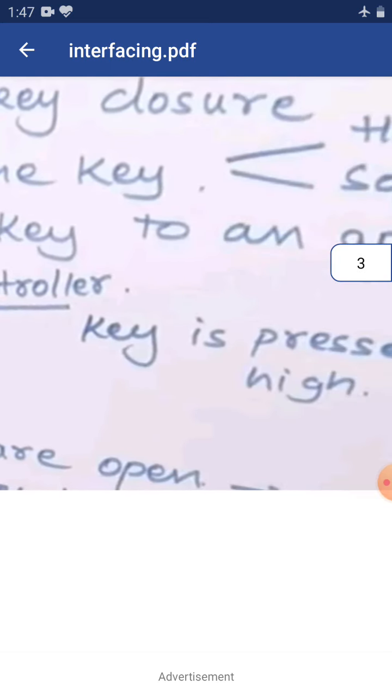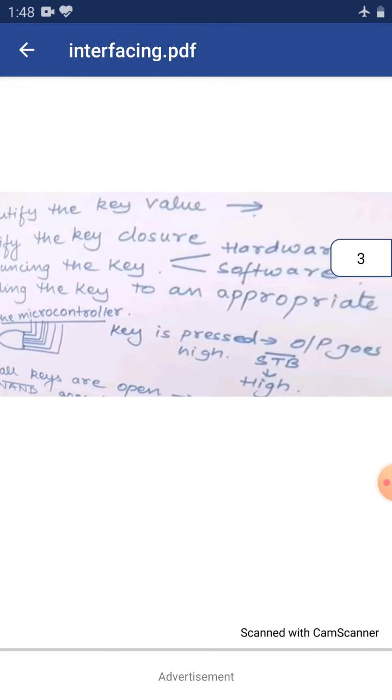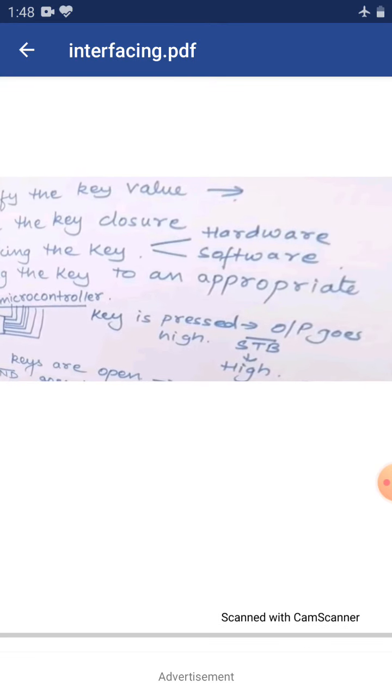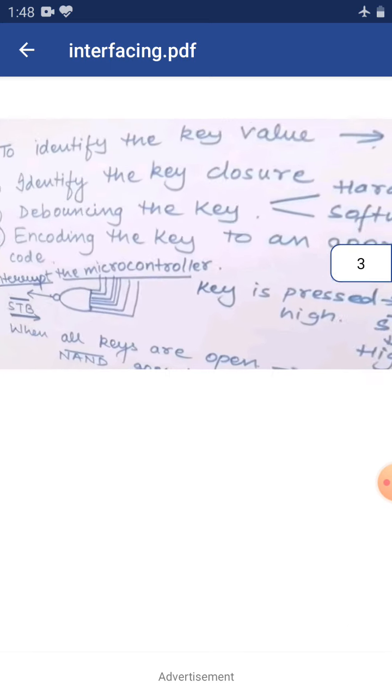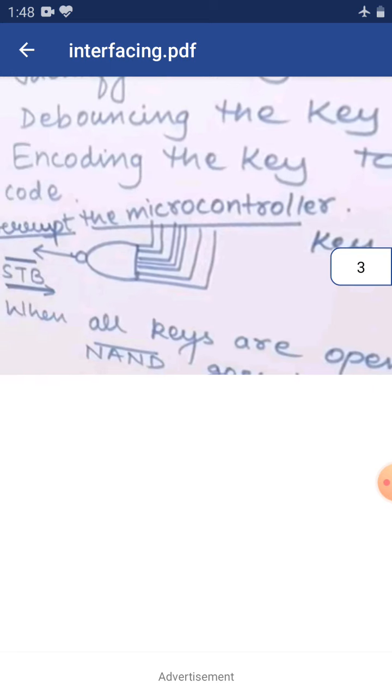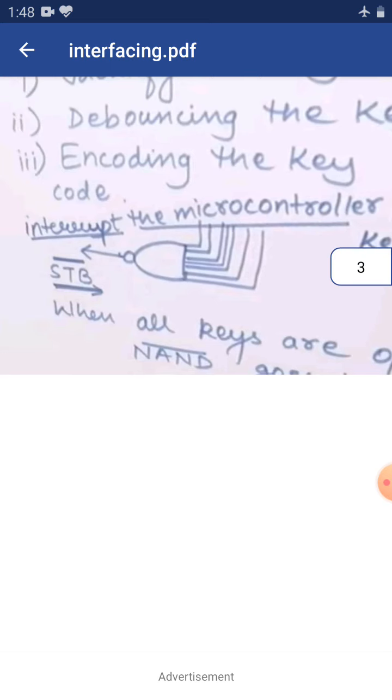Now similarly, we can see when a key is pressed, then the output goes high. As we know, all inputs are connected with the NAND gate, whenever any key is pressed, then it will show 0 value. So in the NAND output you will get 1. So when it gives 1, it shows that some key is being pressed, and that will interrupt the microcontroller.